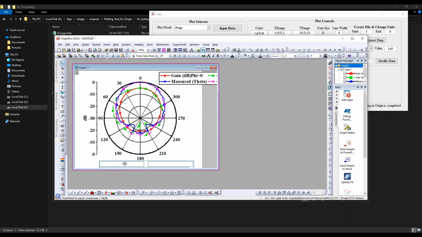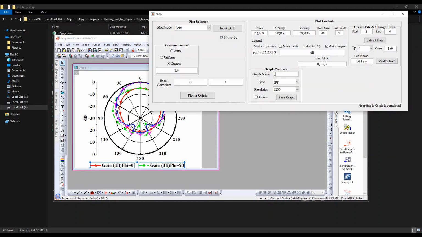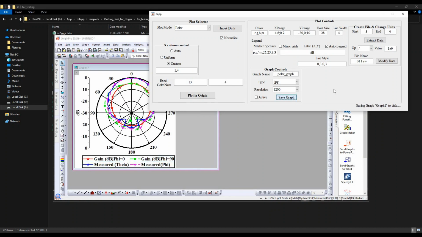That's it. The only issue with Origin is its inability to place the legend. So for now you need to move this legend beneath or wherever you want, and just check this button. So I'll name this graph polar underscore graph. Save it.